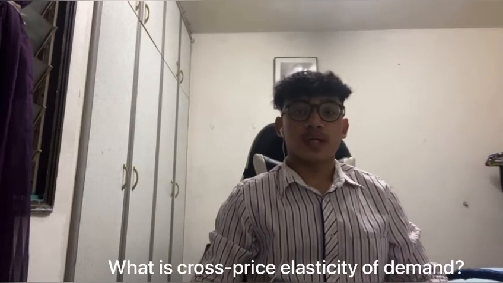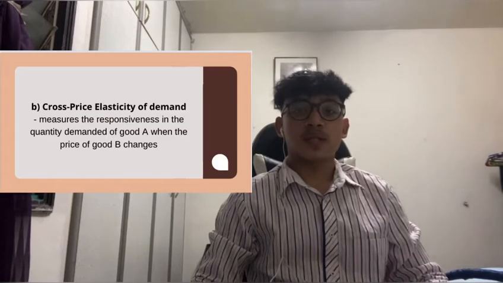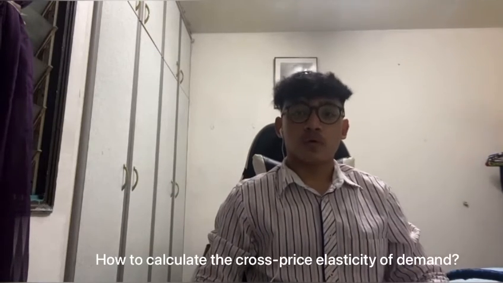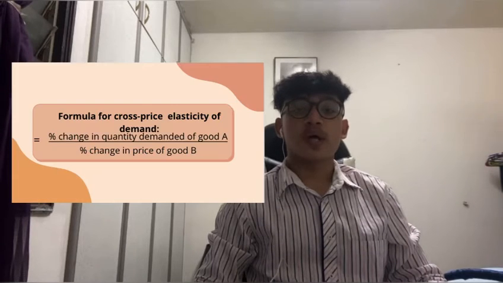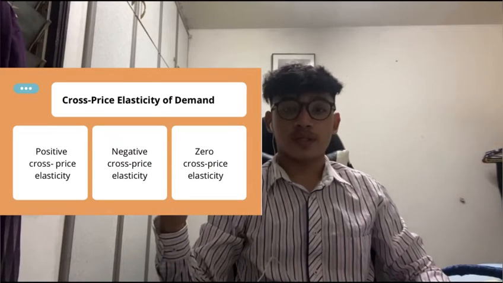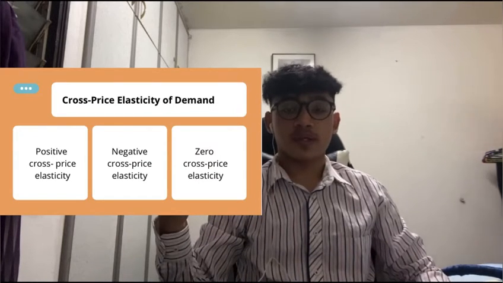What is cross-price elasticity of demand? Cross-price elasticity of demand measures the responsiveness in the quantity demanded of good A when the price of good B changes. How do we calculate the cross-price elasticity of demand? To calculate cross-price elasticity of demand, it is the percentage change in quantity demanded of good A divided by the percentage change in price of good B. There are three types of cross-price elasticity of demand, that is positive cross-price elasticity, negative cross-price elasticity,